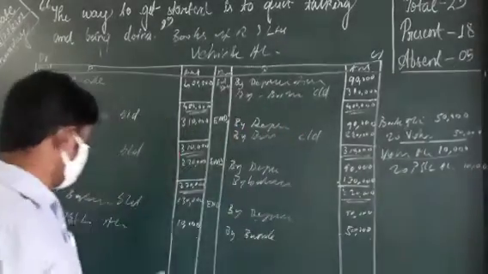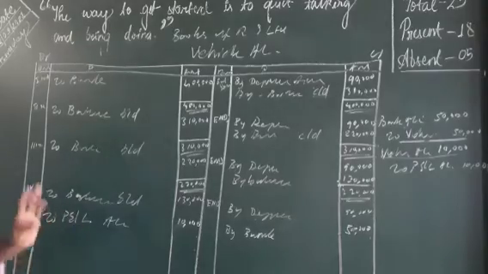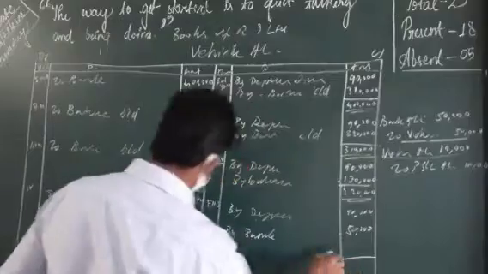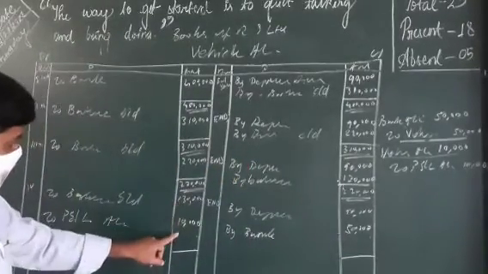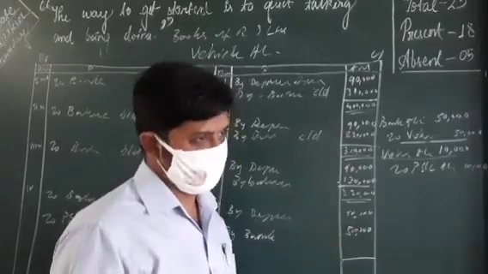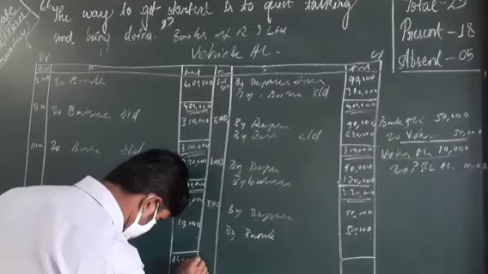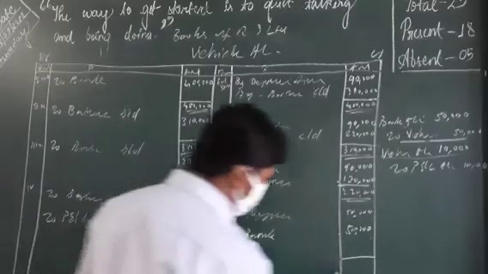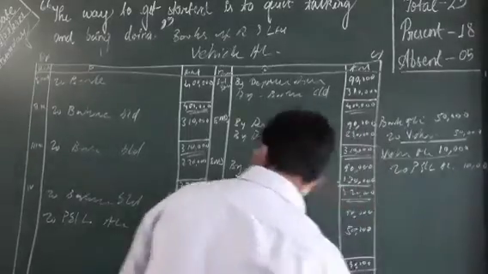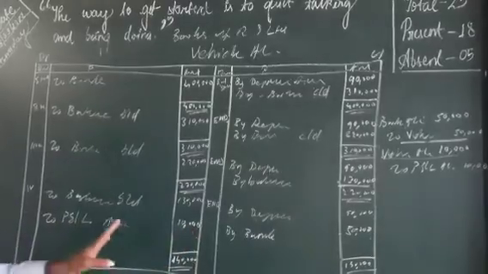Okay. Now we are balancing again. Now there is no more entry. This is the last one. Here 1,40,000. Here 1,40,000. There is no balance to carry down. That is complete.